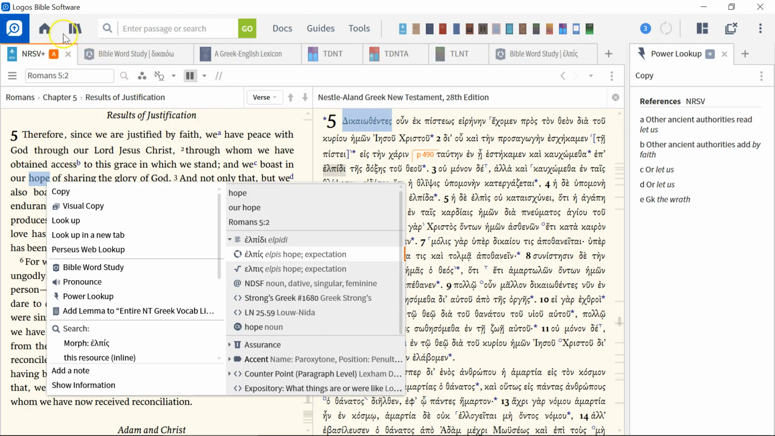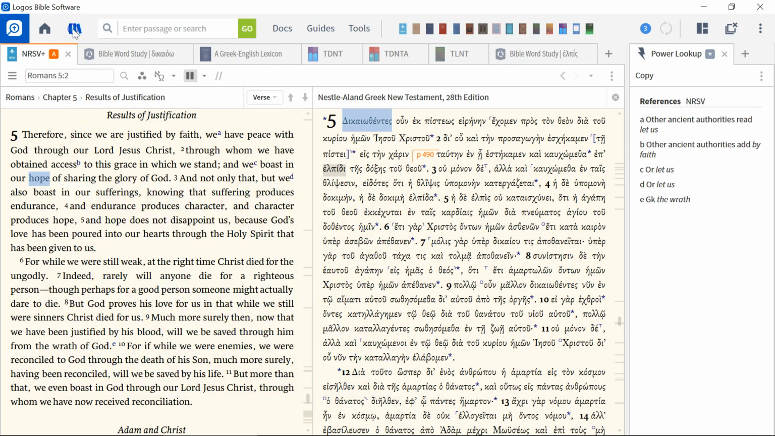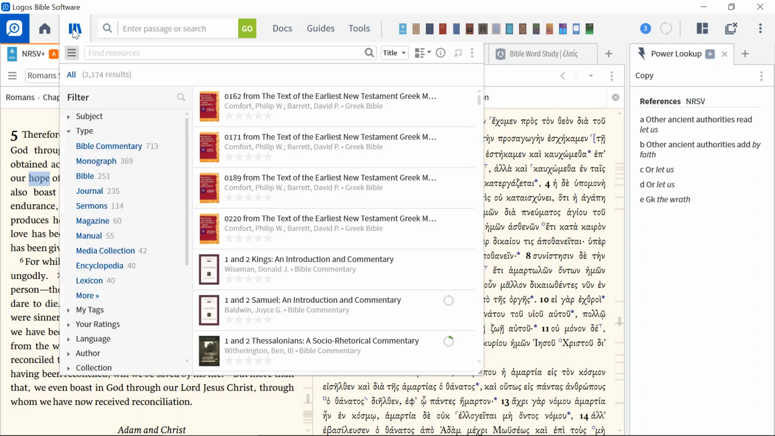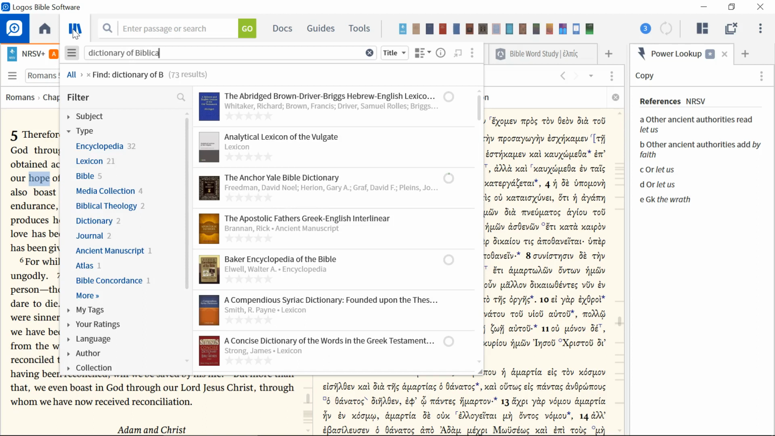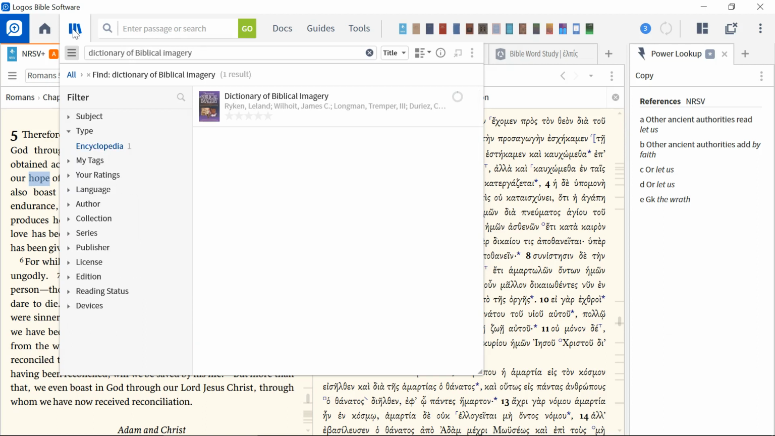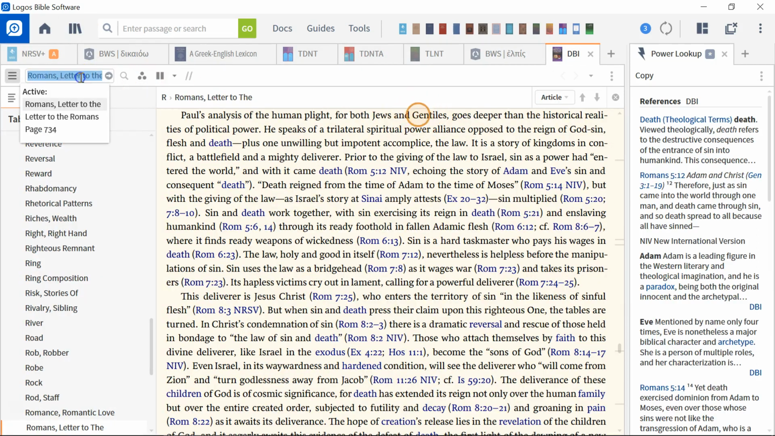The other thing you can do to make a more robust word study is maybe look up the concept. So with righteousness, you might look up something in your Dictionary of Biblical Imagery. And you might look up an entry on something like righteousness to see what this concept is, or justification,